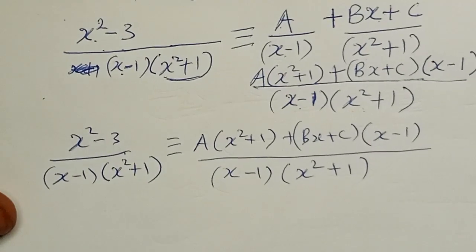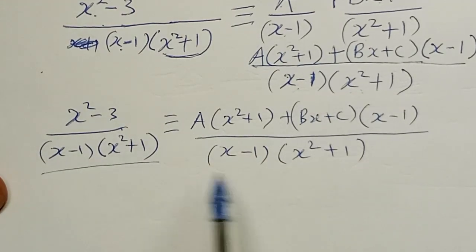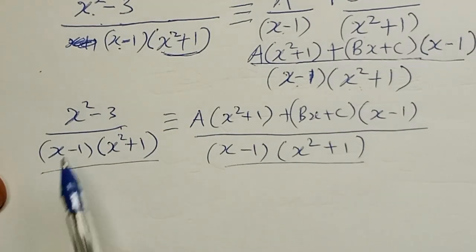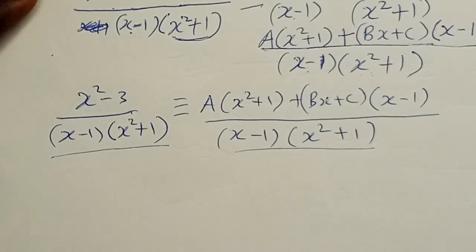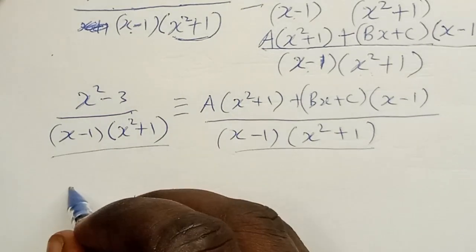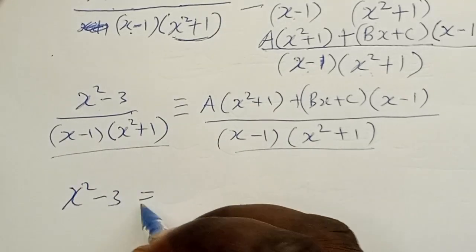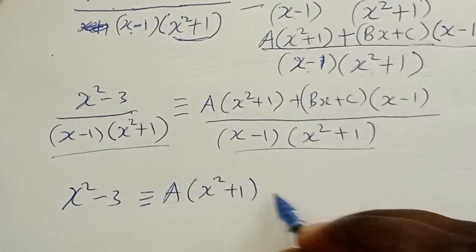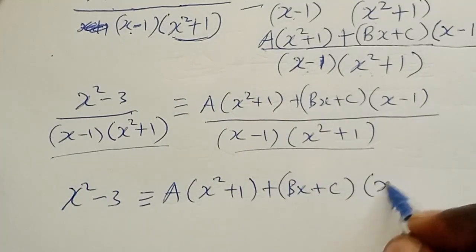This is the same. And now, by looking at this expression, you're going to see that the denominator here and this one are the same. If they are the same, then the numerator must also be the same. And the fact that they are the same, we are therefore going to say that x squared minus 3 must be the same as A(x squared plus 1) plus (Bx plus C)(x minus